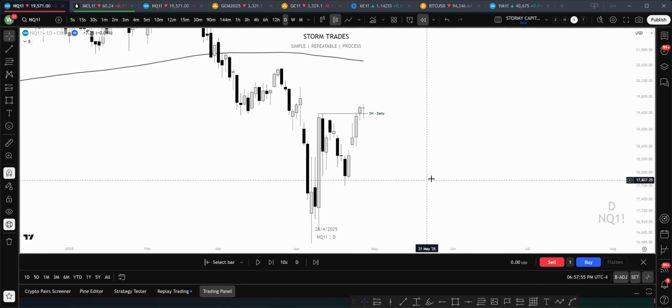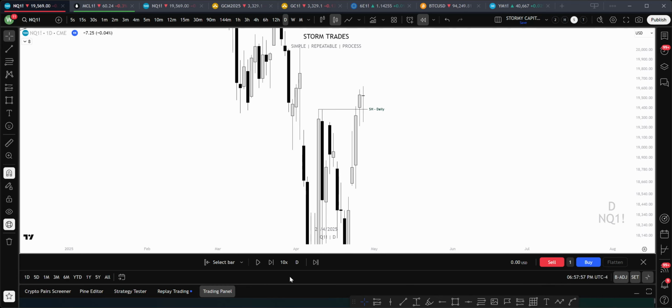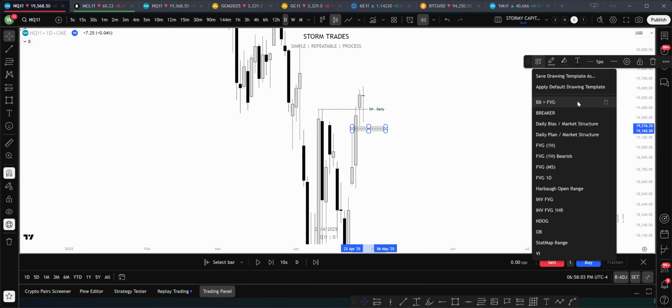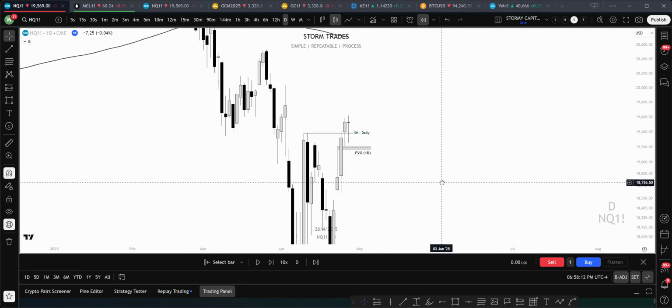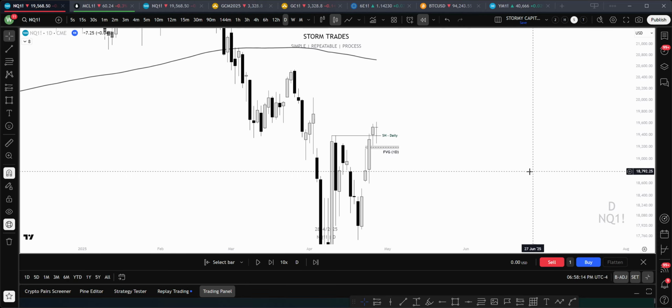Okay. And we actually have a small daily fair value gap right here. Right. So price goes from internal to external and then back from external back to internal. So that's it. I have a bearish bias on the daily going into